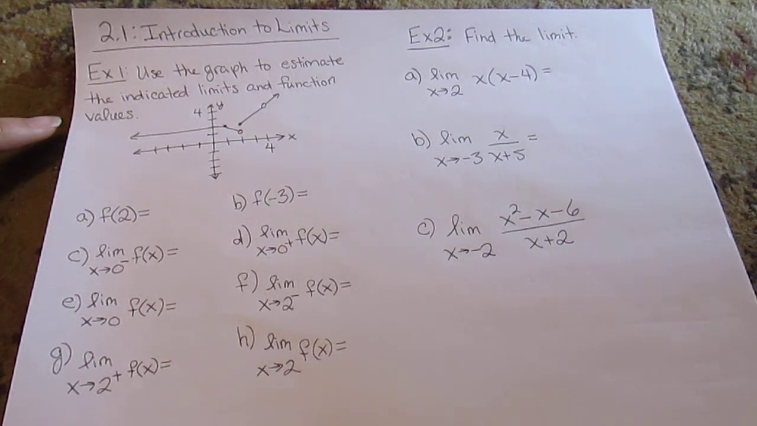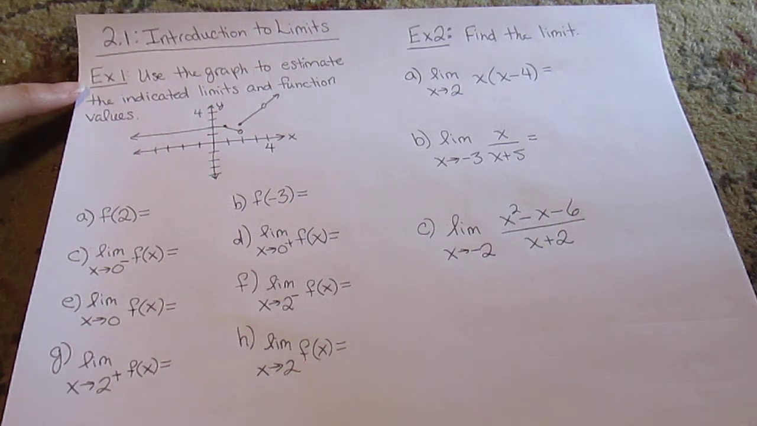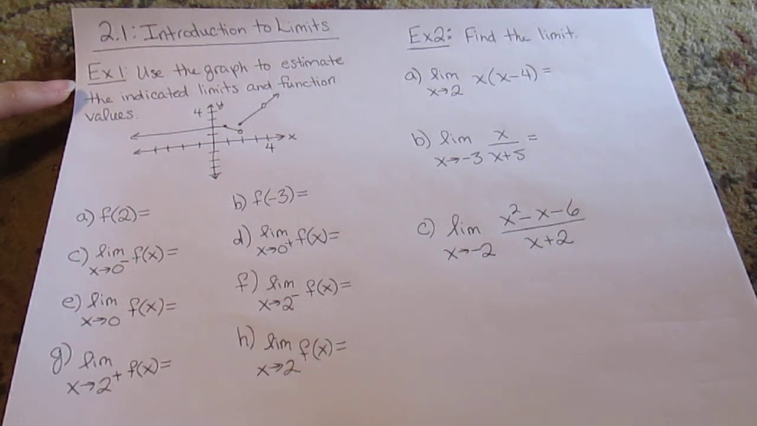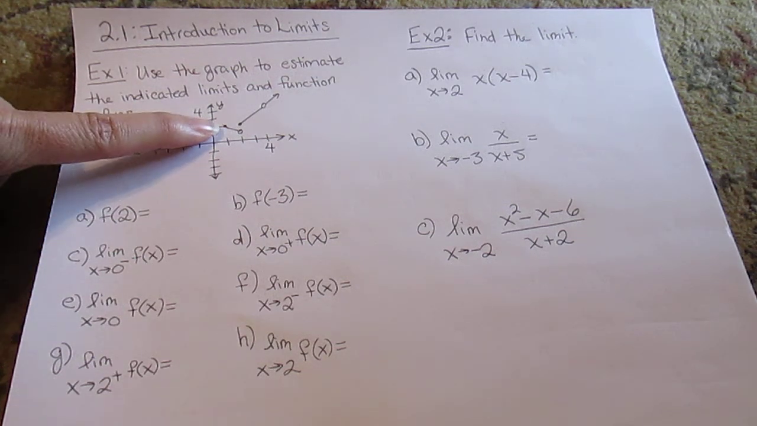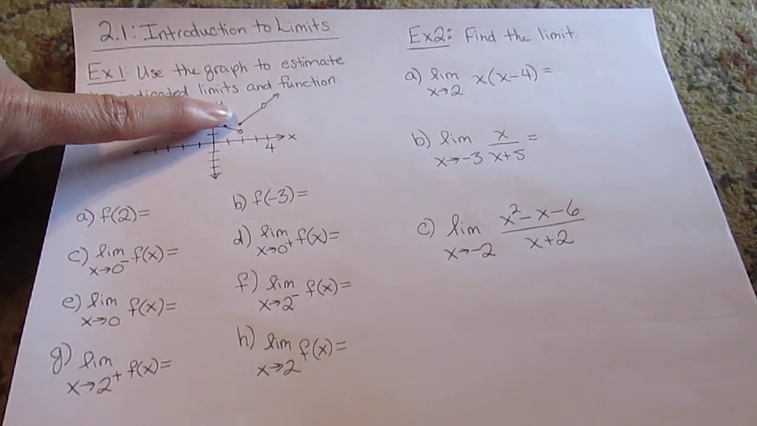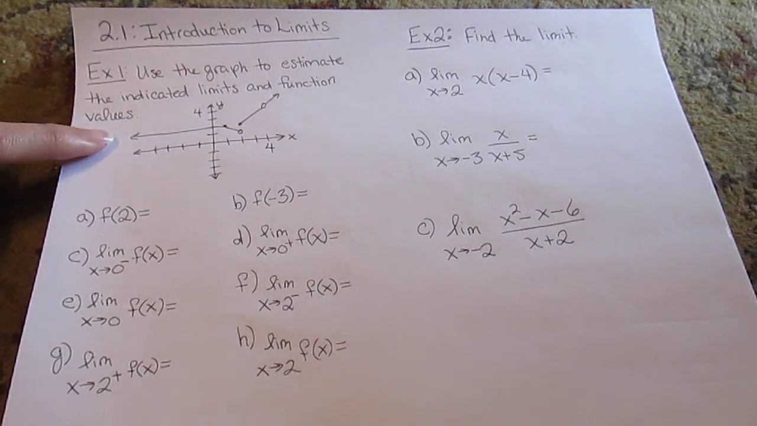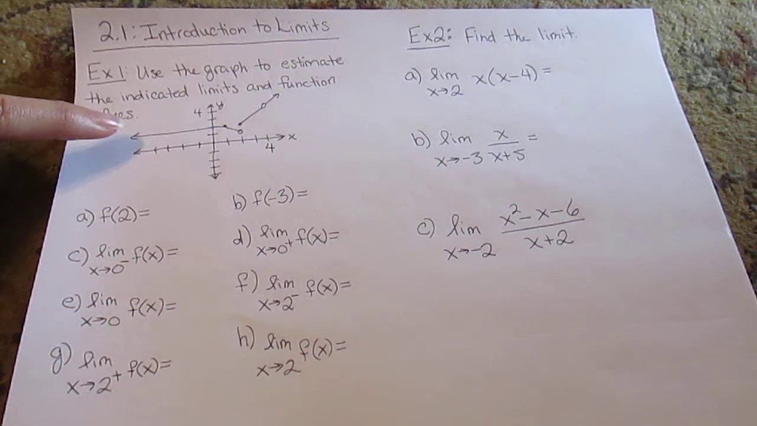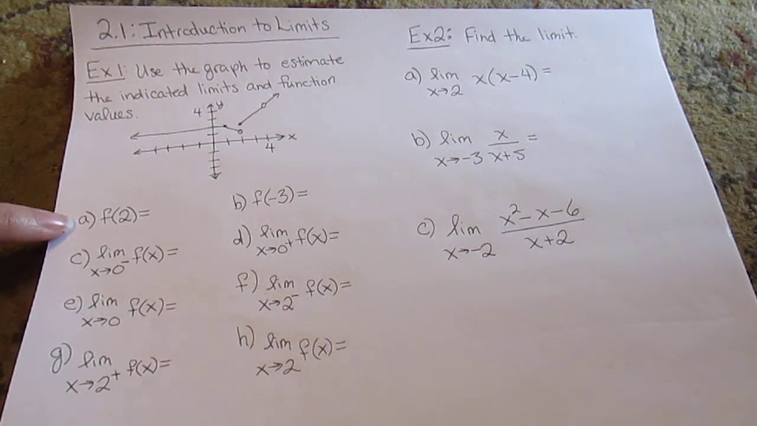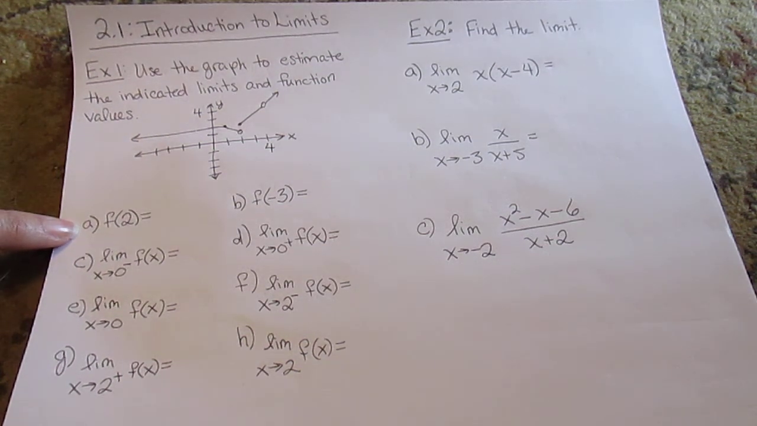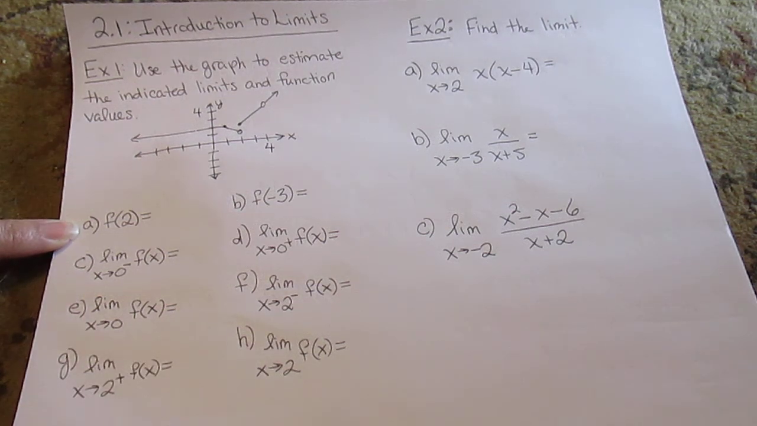I have them all written on the paper for us. In the first example, we're going to use the graph to estimate the indicated limits and function values. And I'll make sure to point out what each of these values are in case you can't see it clearly. This graph is also in the notes, so if you have the notes in front of you, that might help as well. The first couple examples are just the function values, which you should have learned in college algebra, but